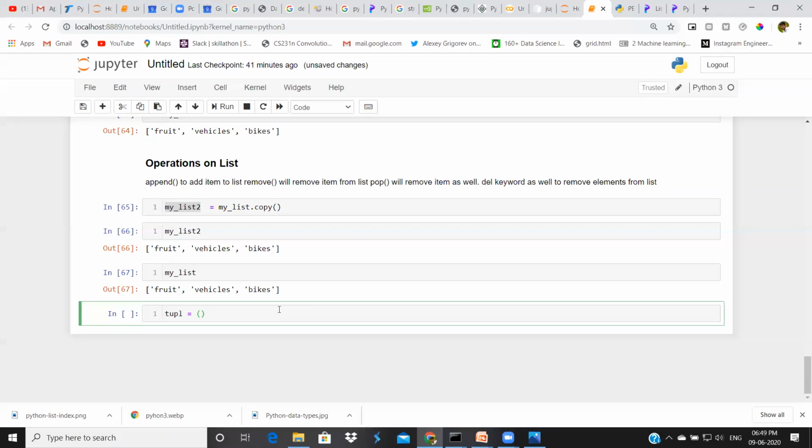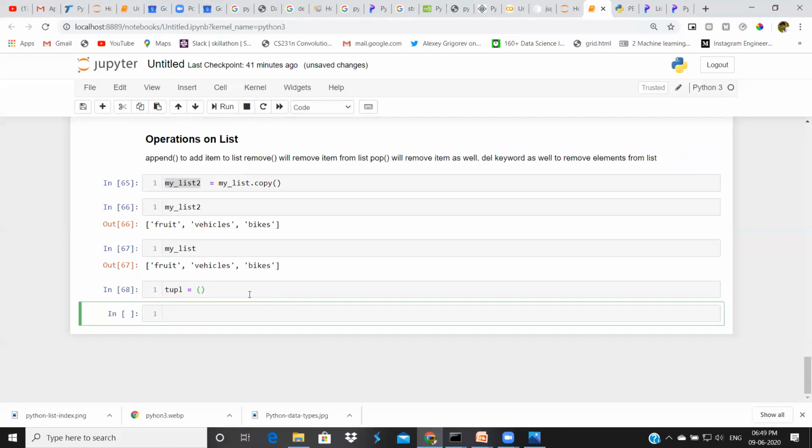This is the syntax for a tuple. This means I defined an empty tuple. You can store a collection of any items here, such as names.